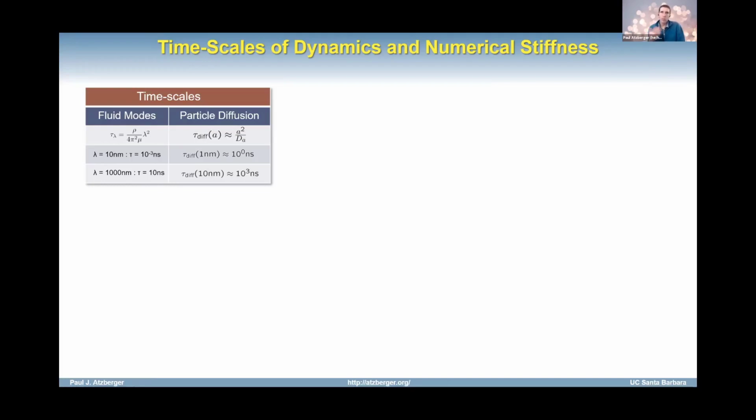In traditional CFD, you might use things like implicit methods to damp out those high frequency modes. It's going to be a little more subtle in the stochastic setting because those modes get excited by the thermal fluctuations, so we're going to have to appropriately account for their statistics, and I'll show a little bit of how we do that. Now, if I look at phenomena like diffusivity, for a particle on the order of a nanometer, that's on the order of a nanosecond; for 10 nanometers, on the order of 10 to the 3 nanoseconds. So you start to see that there's a very wide disparity of timescales.